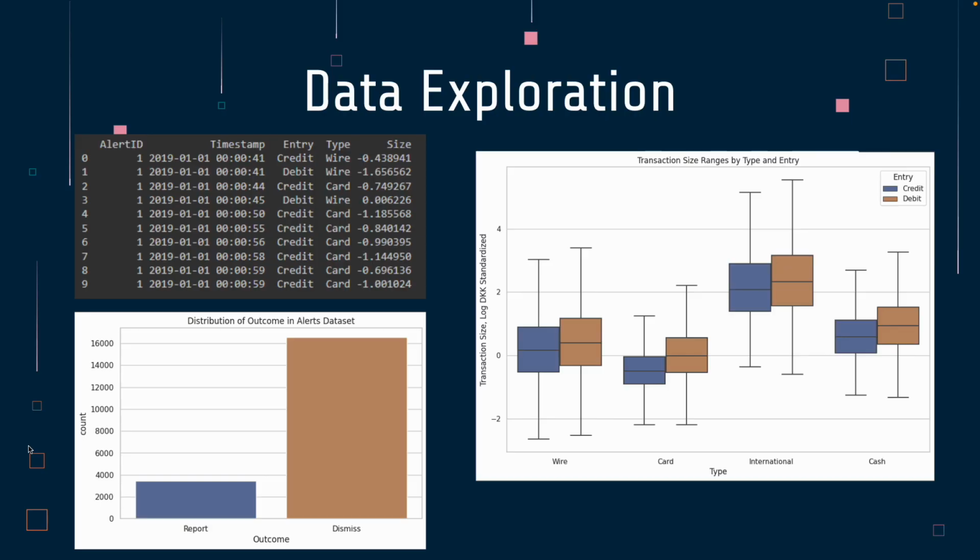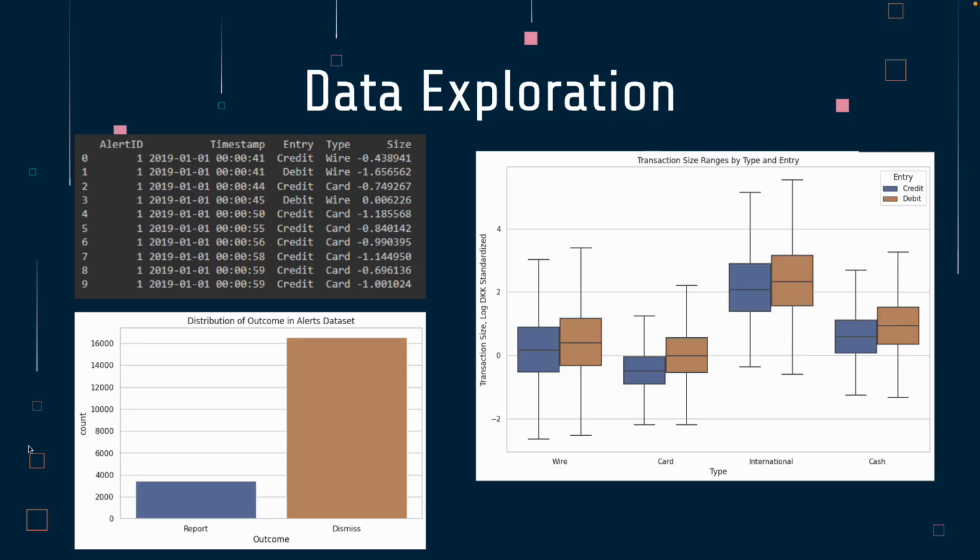We can also see here some interesting trends, how the transactions were split between credit and debit transactions, along with the type: wire, card, international, and cash, different ways that money can move around the system. And of course, the associated sizes of these transactions can vary from method to method, with international, of course, being the largest.